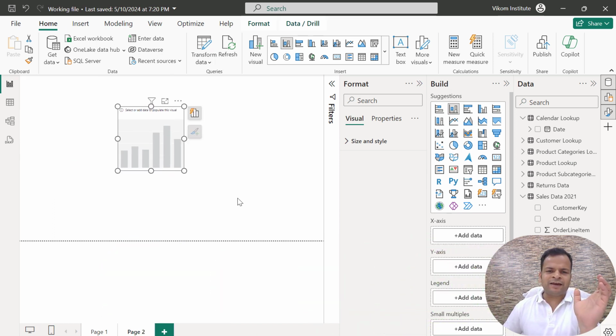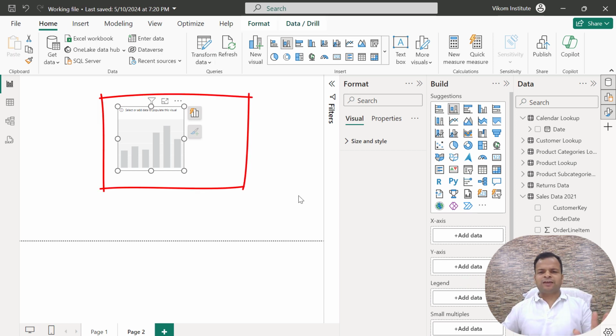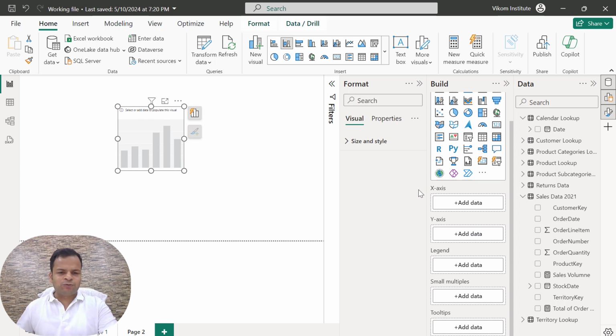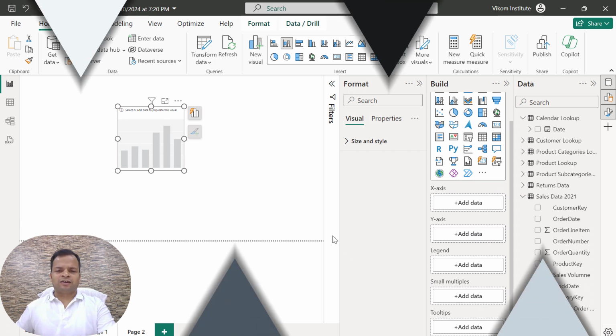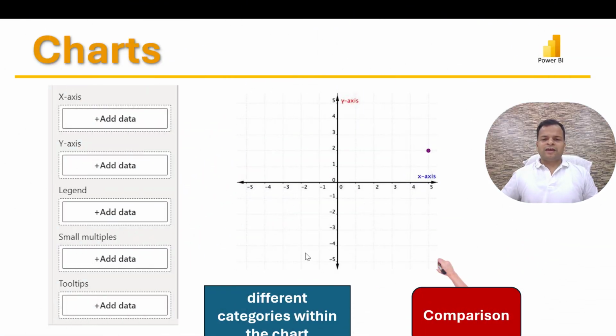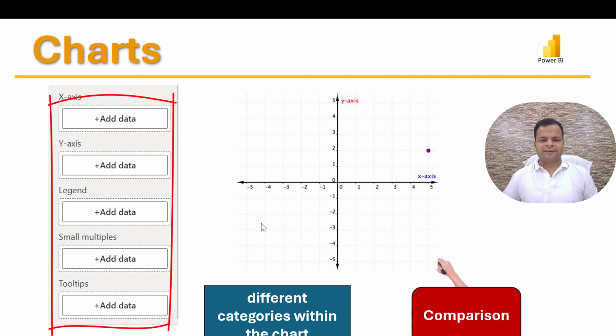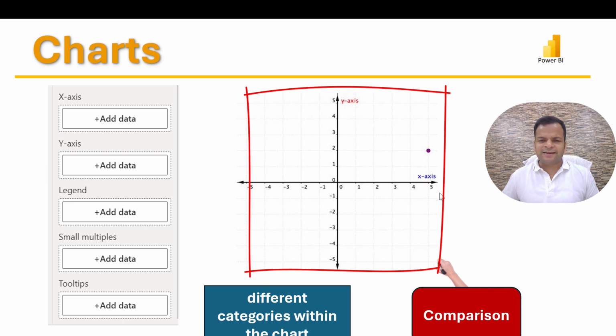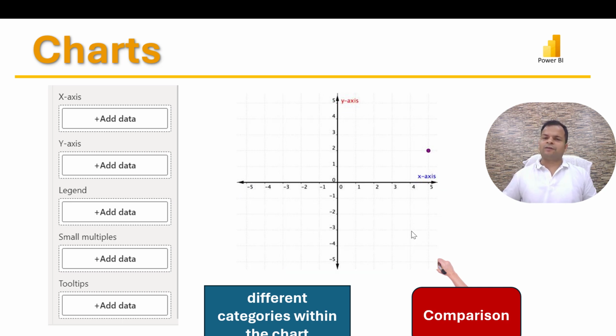Whenever we are dealing with the bar chart, we have five things to deal with. Here you can see on the screen 1, 2, 3, 4, 5. Let me tell you the basics of these five things, then we will move on to our chart. On the screen I have written all the things: x axis and y axis. This line and these two lines show the x axis and y axis. The horizontal line is the x axis and the vertical line is your y axis.